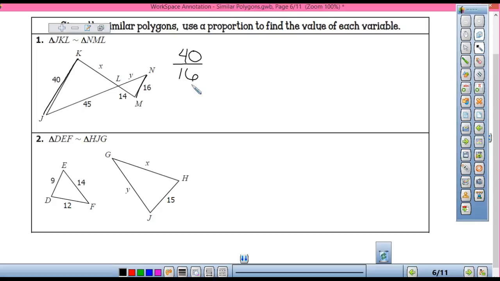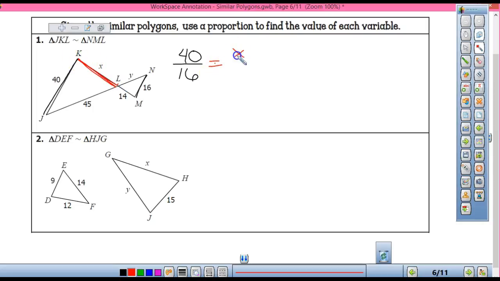You can put that in the lowest terms, which would be 5/2, okay, and work with smaller numbers, or you can leave it like that. Either way, you're going to get the same answer for X and Y. Okay, most of you, I assume, will just leave it like this. So if I go 40/16, that's going to equal, if I'm going to do X first,